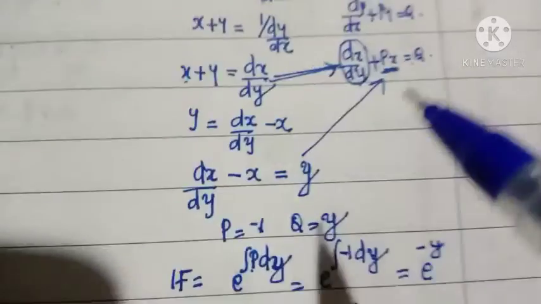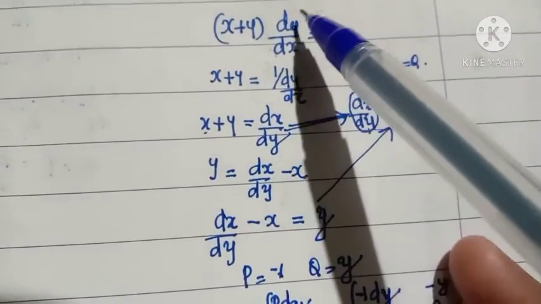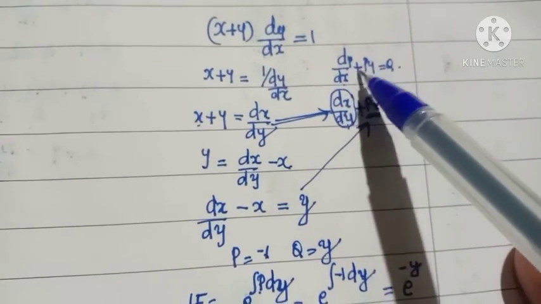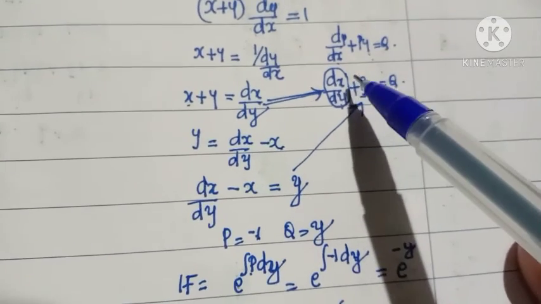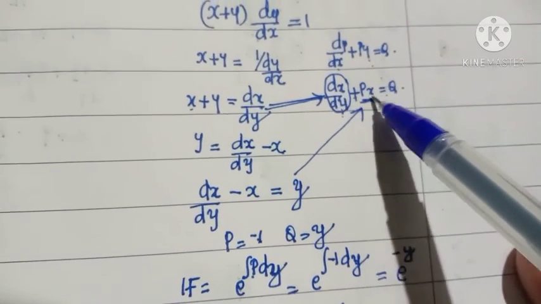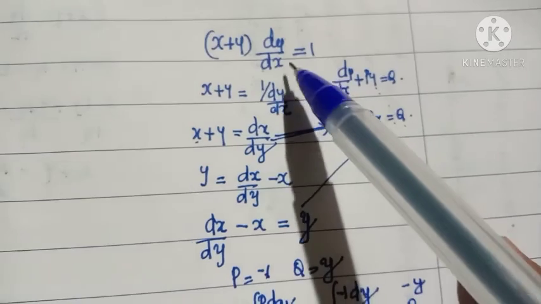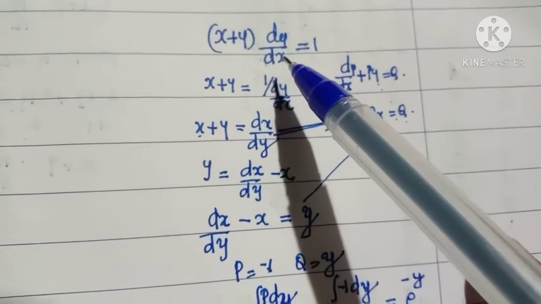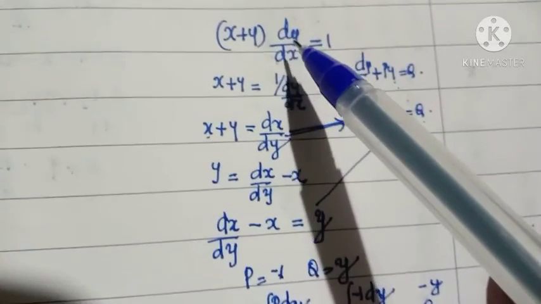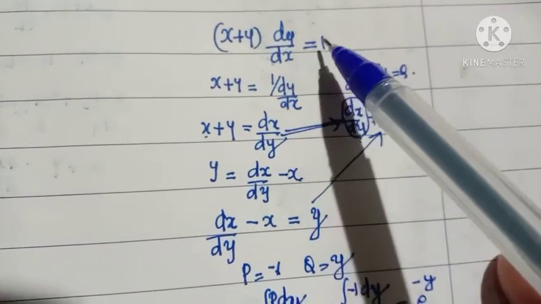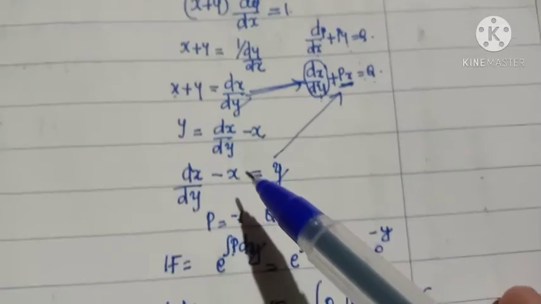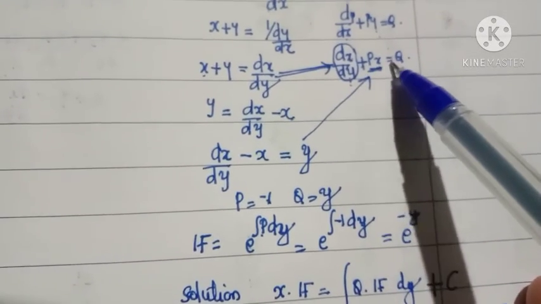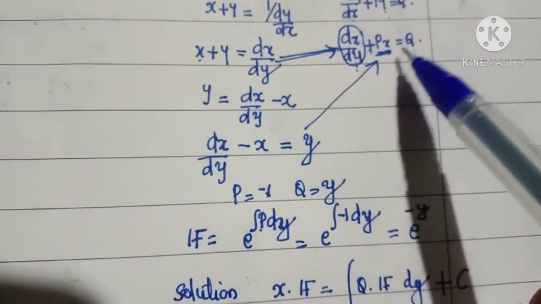equal to 1. Okay. So listen, first we need to convert the equation into the form either dy by dx plus py is equal to q or dx by dy plus px is equal to q. So we need to change some alterations here. Okay, we have to make some alterations here. So take this dy by dx to other side and therefore it becomes dx by dy plus px is equal to q. This form. Okay.